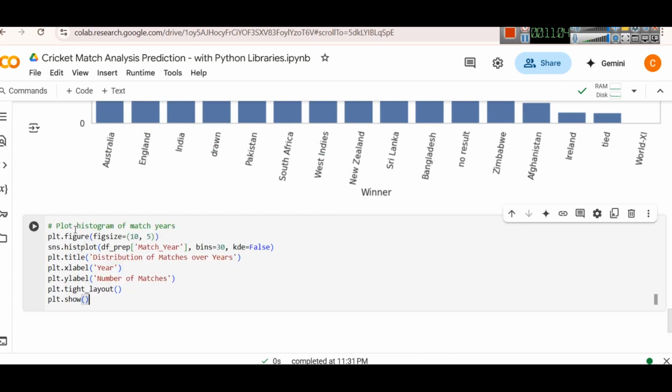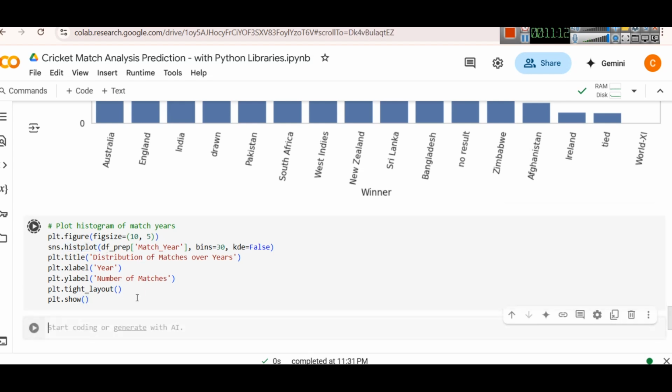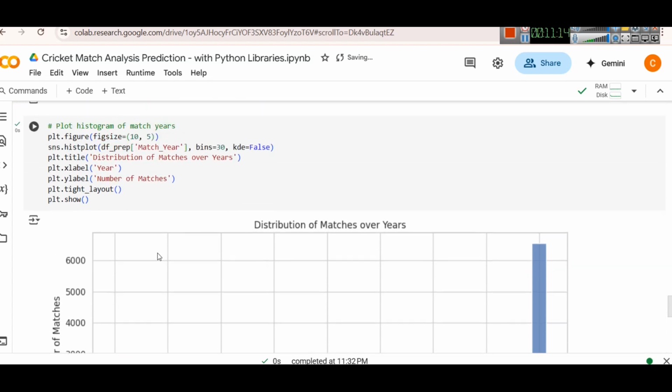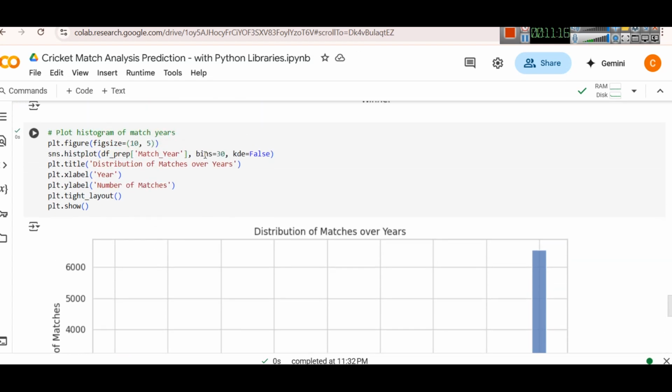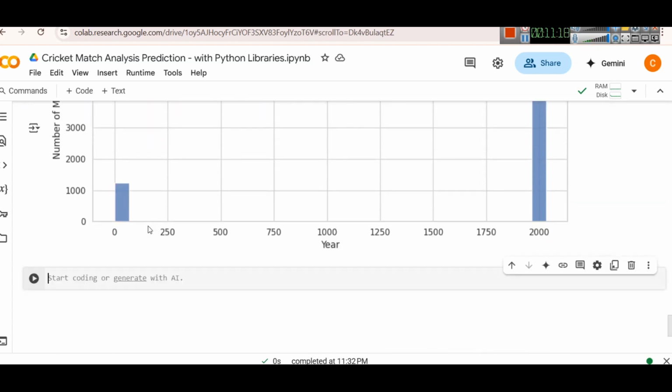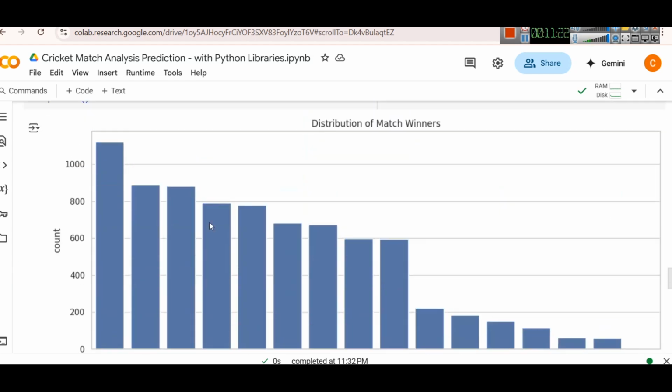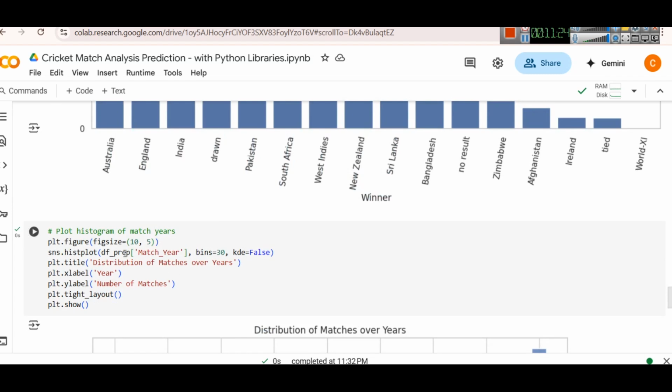Next we can prepare a histogram of match years. So we are creating a histogram plot of match years. Here you can see in the histogram plot we are using 30 bins. This is showing this because we filled it with 0. So what if we do something like df where